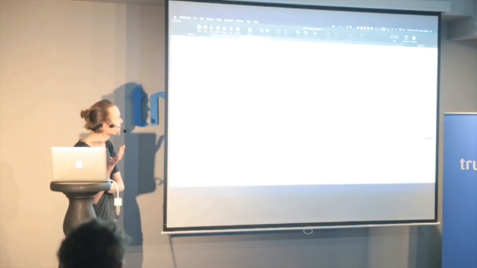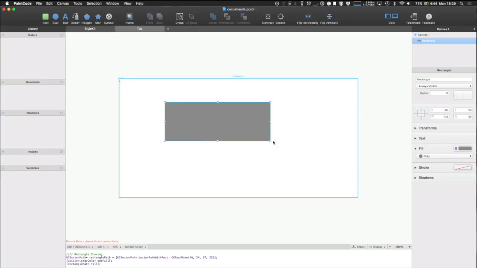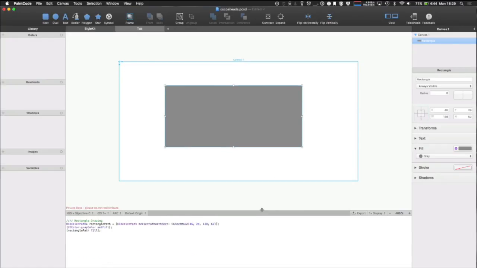So if you open PaintCode, then obviously you don't see anything. You have an empty canvas on which you can draw. Then on the top you have the tools you have from normal SVG drawing programs as well. You can draw a rectangle, ovals, or Bezier curves, and all these things. So for example, if you have a small rectangle,